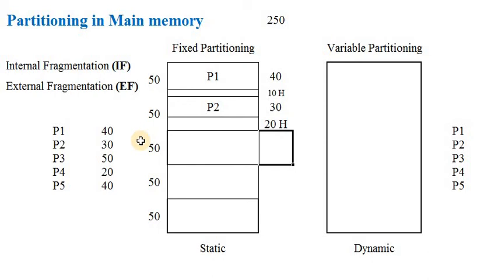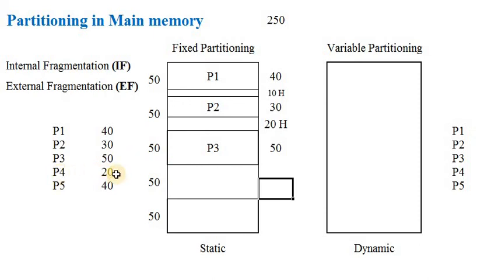Now, what is the next process here? Process P3. What is the size of this process here? That is 50. So whether this process size is less than or equal to the partition size or not. What is the size of the partition 3? That is 50. So here the size of the process is equal to the size of the partition. When that is equal, you can simply allocate that process into the main memory. Is there any hole generated here? No hole generated, right? That means the size of the partition and the size of the process are equal.